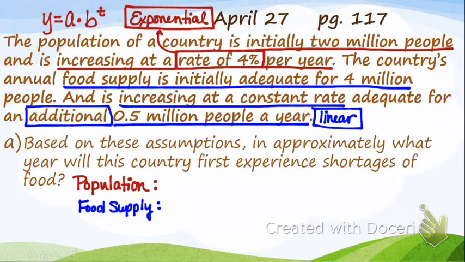That's the initial value. So what is the country's population initially? 2 million. Are you guys okay if we just use 2 and we know that it means million? Instead of writing out 2 with 6 zeros behind it. All right, so I'm going to have y equals 2 times,